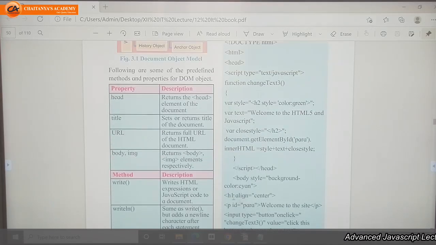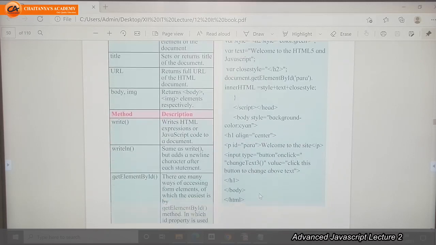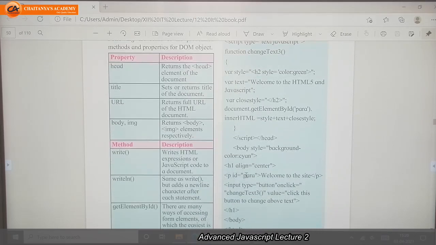For example, if in any tag I use the attribute id equal to some value, then I can call this tag by using this id parameter.